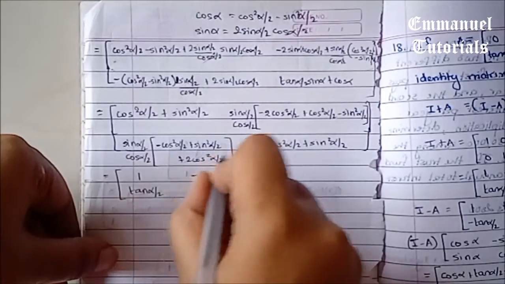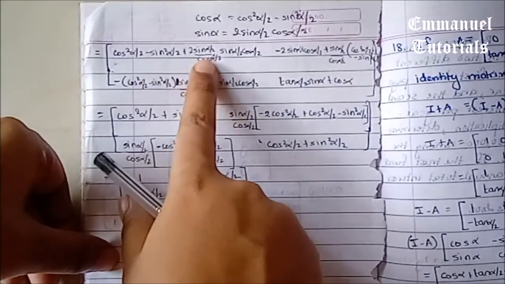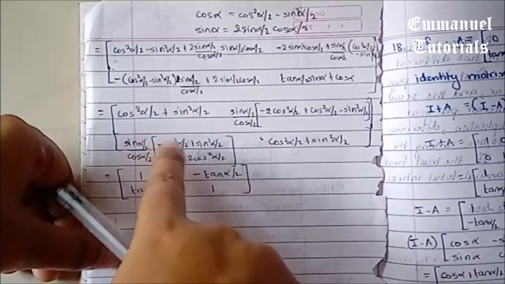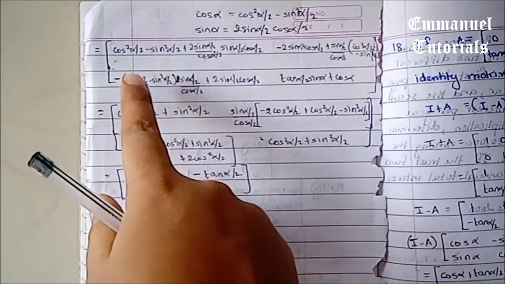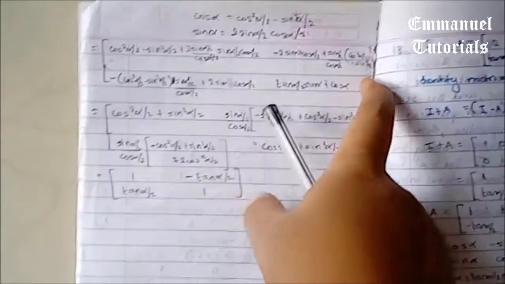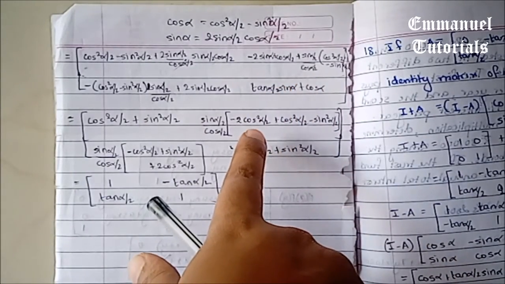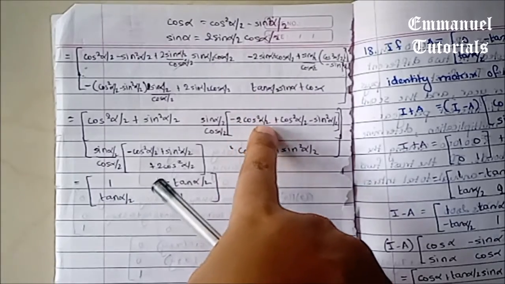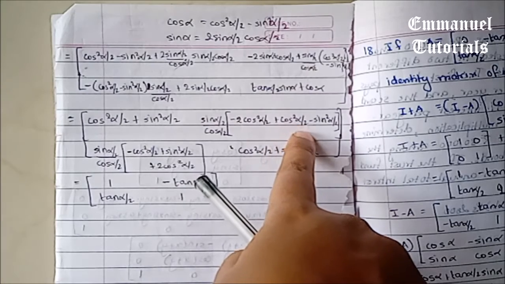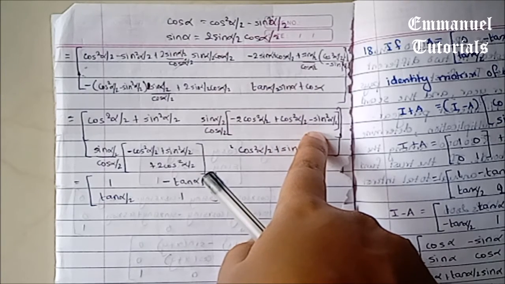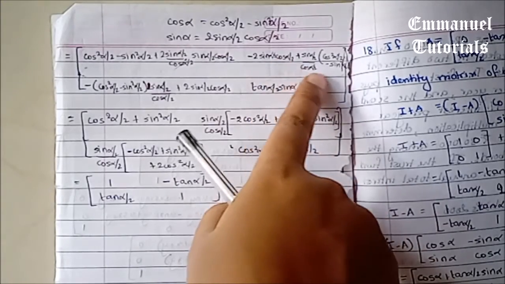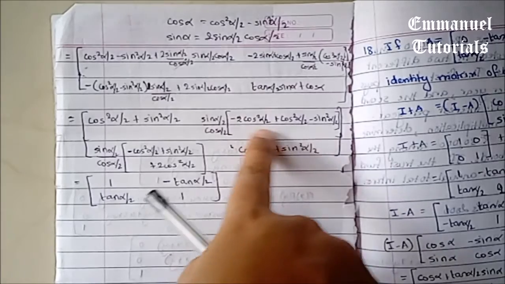Okay. So the first term what you'll get is, because these two got cancelled, it will be 2 sine square alpha by 2 minus sine square alpha by 2, which is sine square alpha by 2, and then this remaining cos square alpha by 2 will be added with both. Also the second term, you can take sine alpha by 2 upon cos alpha by 2 common, and you will get minus 2 cos square alpha by 2 from here, plus cos square alpha by 2 minus sine square alpha by 2. So how did we get this? Because we have taken LCM over here, and this is the second term.